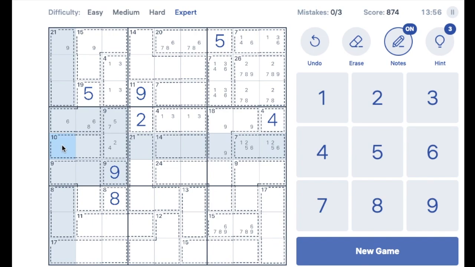So then with this 10, we can't have a 1, 9. We can't have an 8, 6 because we've got 8, 6 within there. So can't have 8, 2. We could have 3, 7. That's a possibility within both of these. And we can't have 4 and 6. So these are our 3s and 7s, which means this can no longer be the 7 because one of these